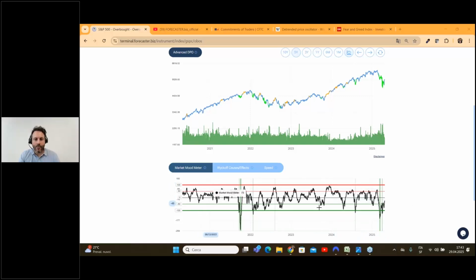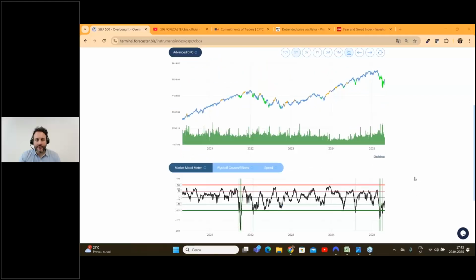As you can see, when the market mood meter is in the lowest part of the quadrant, the markets tend to make very important lows. Okay,